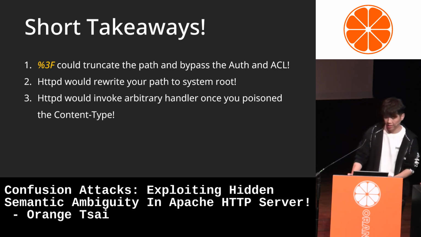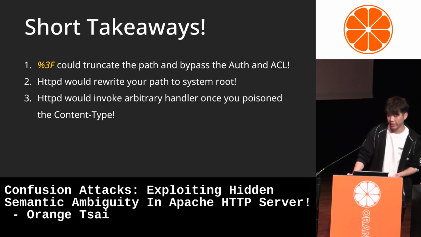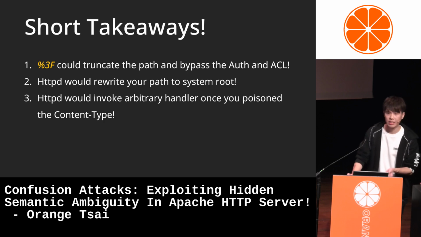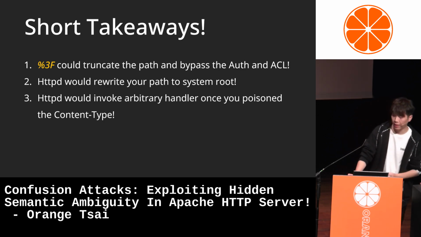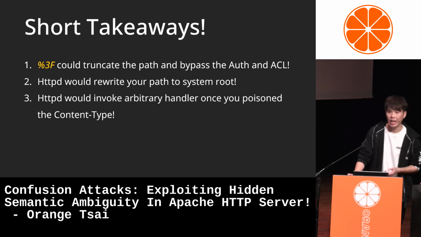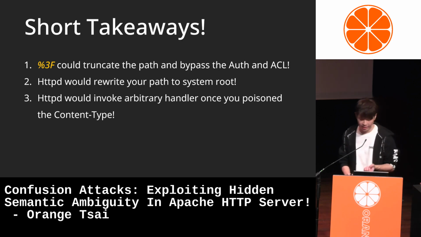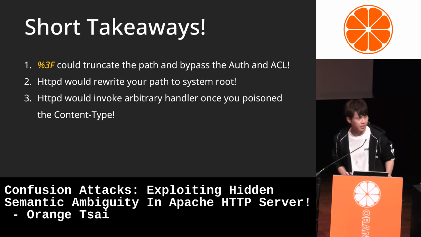And next, the rewrite rule contains a hidden trap that allows access to the system root. And lastly, by controlling the response header, you can invoke an arbitrary internal handler through the legacy conversion mechanism.